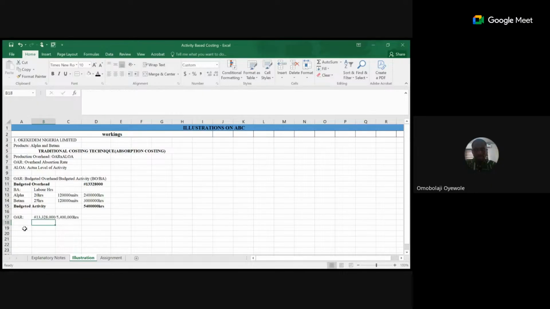So, if we do that, our OAR, let's use the calculator. I can't use the sheet because of what I'm having there. OAR will give us what? By our calculator,